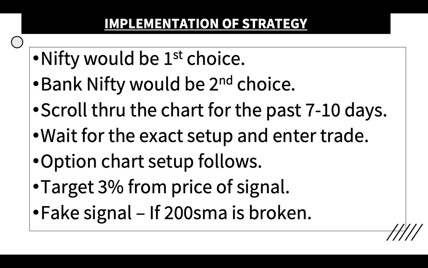And if you get a buy signal and the price is moving below the 200 moving average when the buy signal comes, that is, when the 20 simple moving average has gone above the 200 simple moving average and the price is moving below the 200, then when the price gets support at the 200 simple moving average, fine. If it doesn't get support and starts breaking down, it could be a fake signal, and then look for some reversal also. So you can have a stop loss there also, and also when you're buying options, I'll tell you where the stop loss can be.